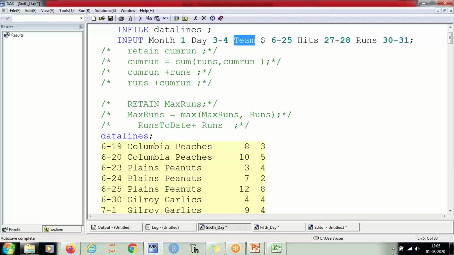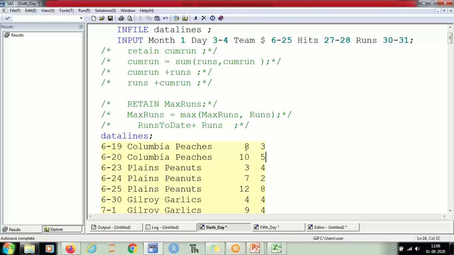Okay, perfect. So we have this data, and now there were two questions being asked from us. Someone wants to know how many runs were scored till the 23rd, right? That means someone wants to calculate the cumulative score, and I believe you all know what cumulative means. Cumulative means this should be added to this, and the sum of this should be added to this. So the first question is we need to get the cumulative sum.